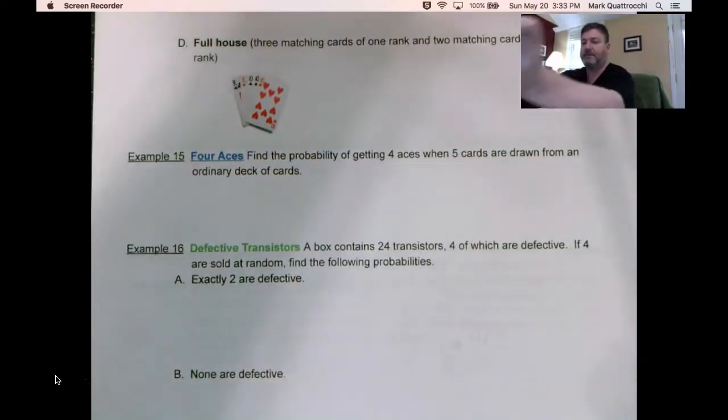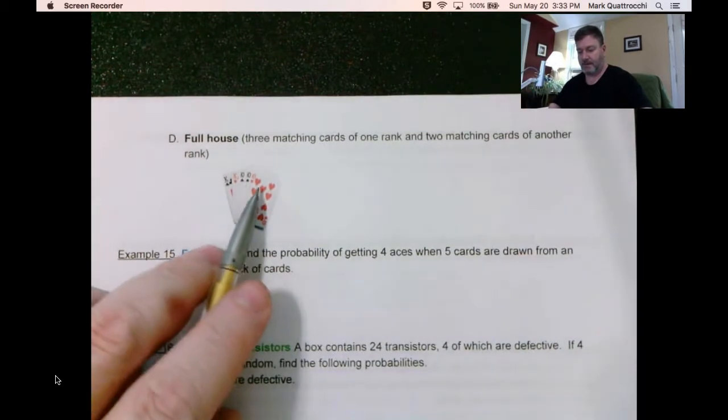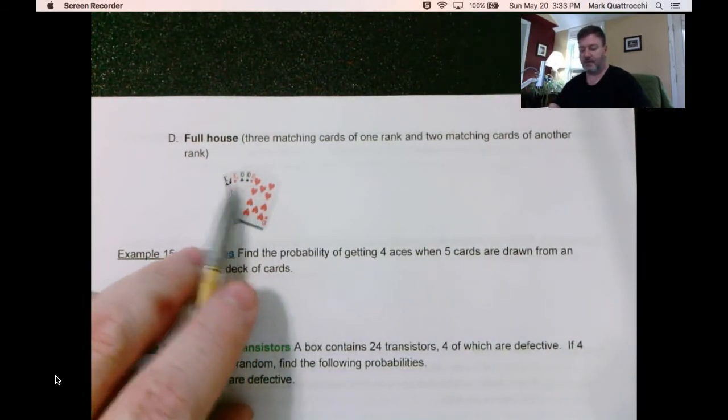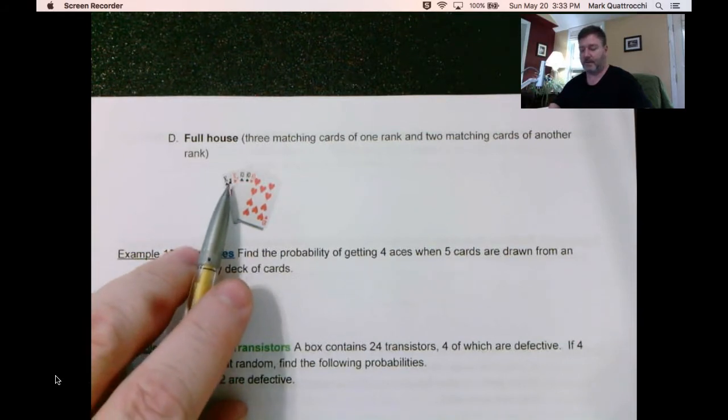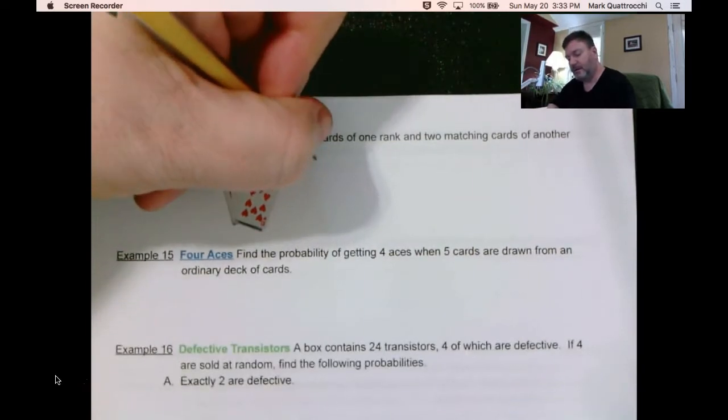All right, full houses. How many different full houses are there? So what is a full house? A full house is 3 matching cards, 10, 10, 10, and 2 matching cards, a pair. So 3 of a kind and 2 of a kind, a pair. King, king. So how is this? So in other words, it could be,